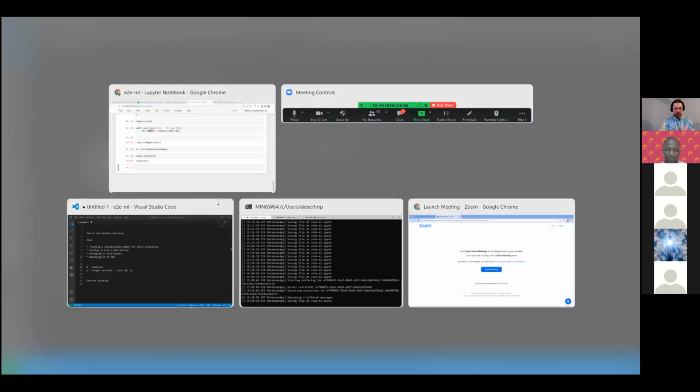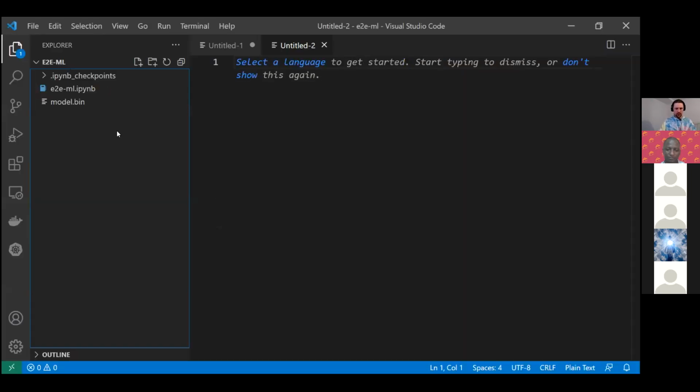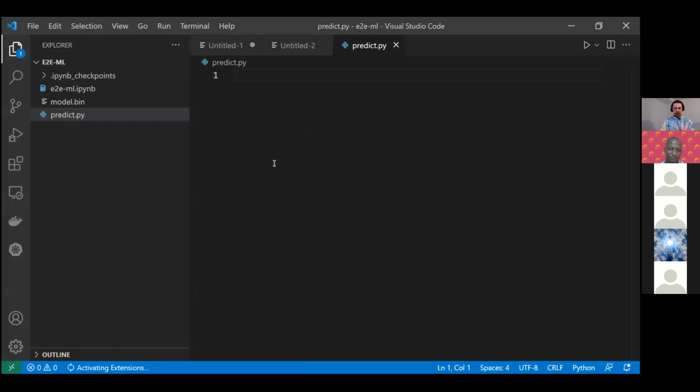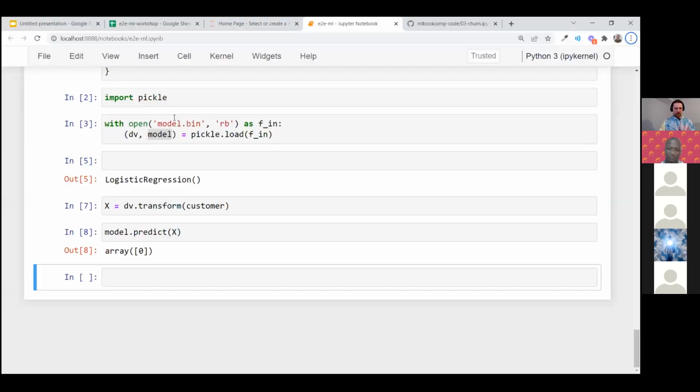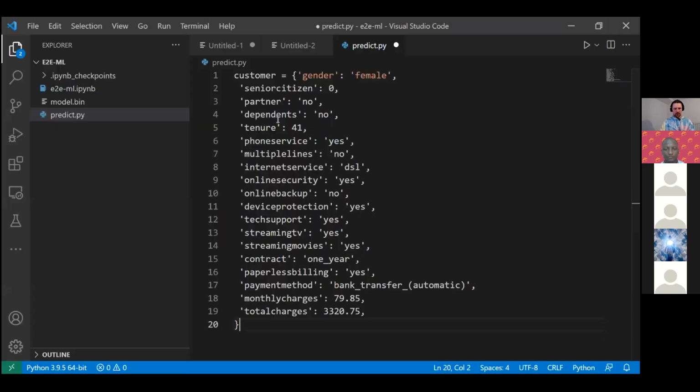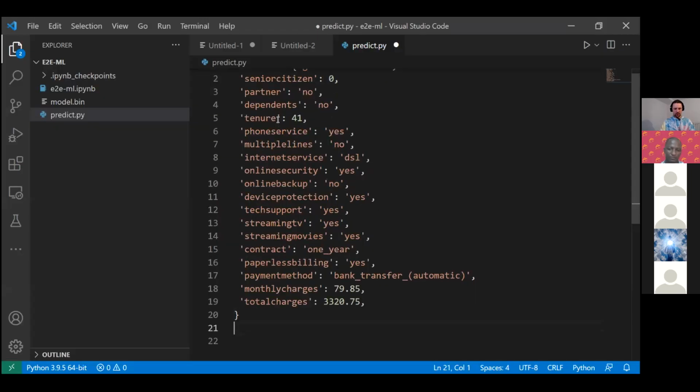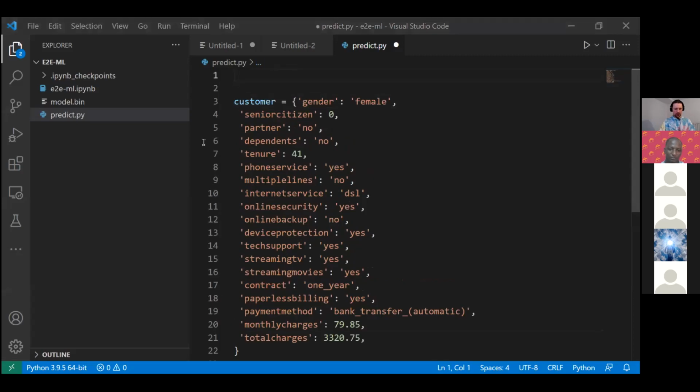First I will create, so I'm using Visual Studio Code here. This is a text editor. And I'll create a file, which I'll call predict.py. What I want to do is copy everything we did here to this script.